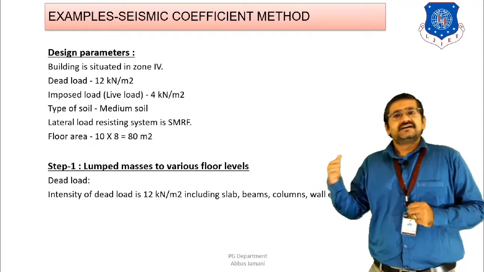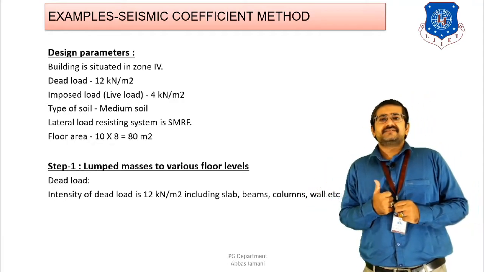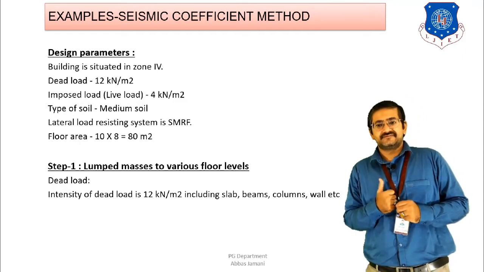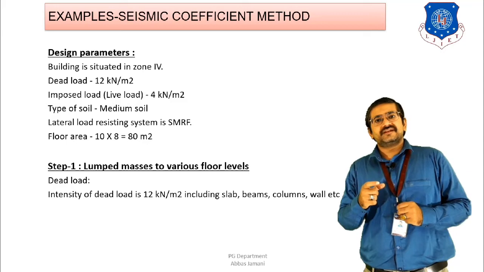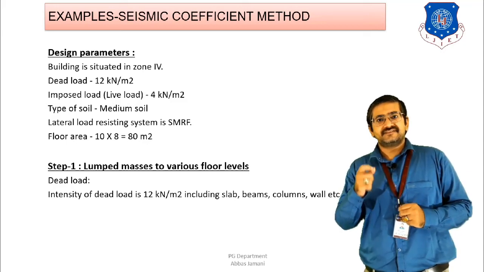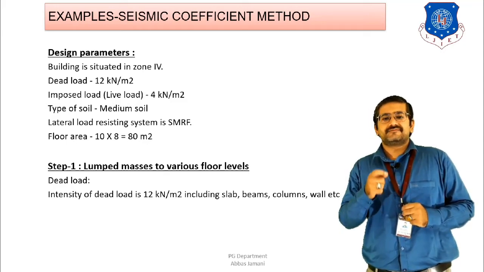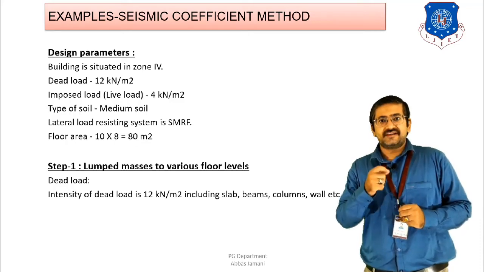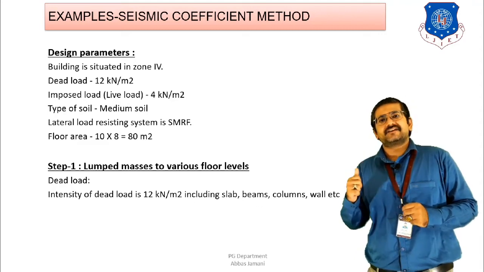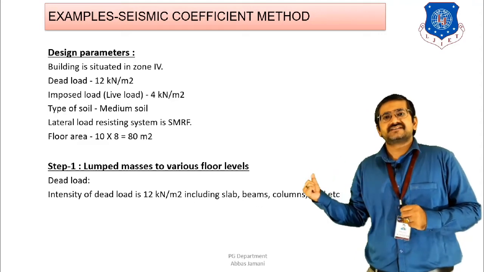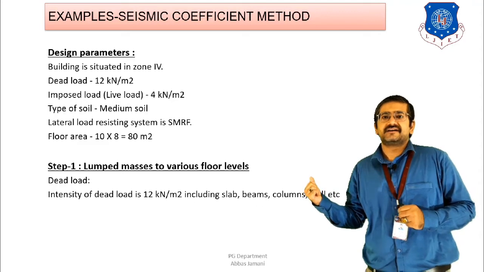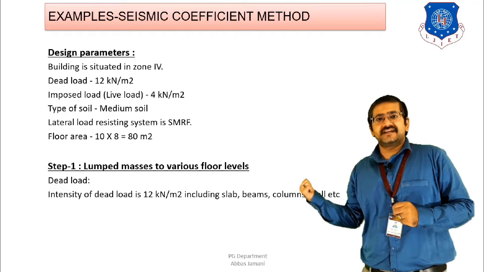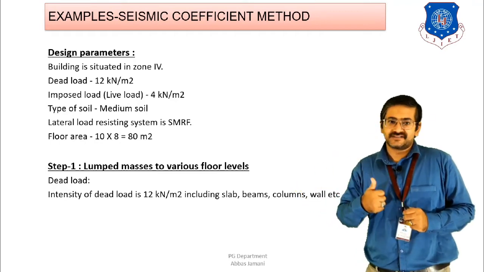Lastly, the type of lateral load resisting frame is considered as a special moment resisting frame. In case of a special moment resisting frame, we have seen that whichever frame is going to be detailed as per the clauses of IS 13920, that particular type of system will be known as the special moment resisting frame system. And when a special moment resisting frame system is there, then IS 1893-2016 tells that the response reduction factor for that particular type of frame should be taken as R equal to 5. So wherever this frame type is mentioned, that is also going to help us decide the response reduction factor only, right?